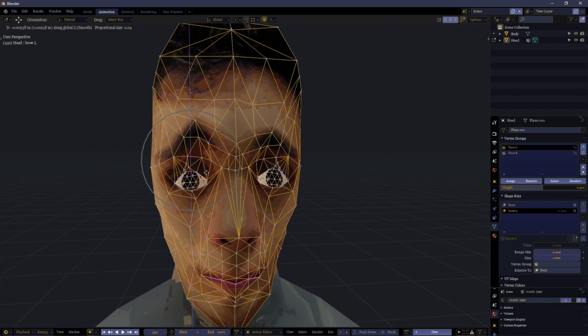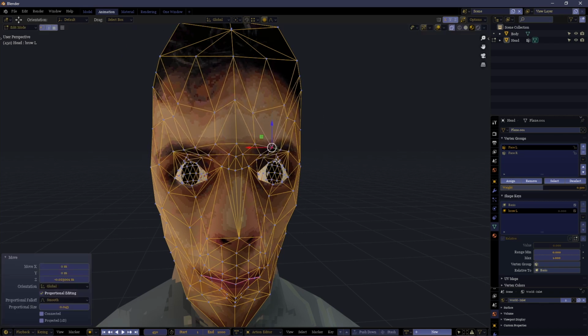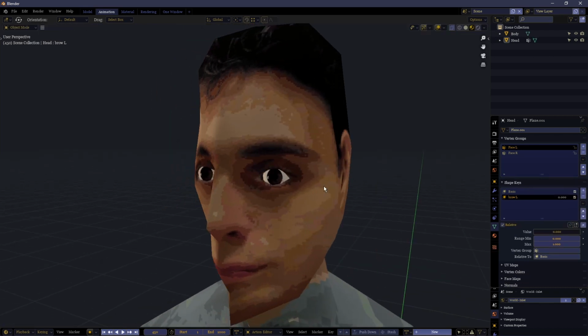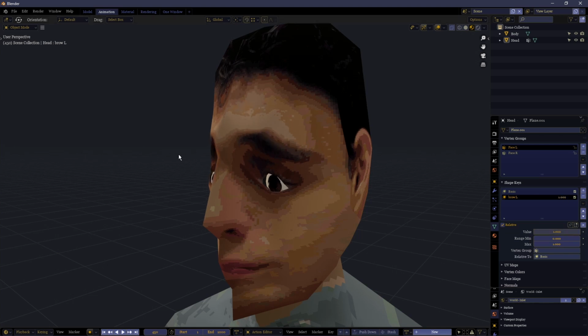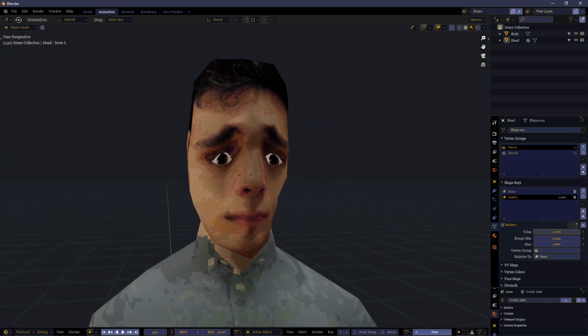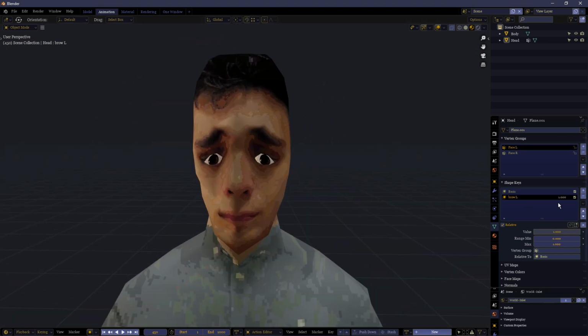I messed up here by neglecting to edit both sides together. We can do this. Sometimes, of course, you can turn on the mirror mode, but this relies on your geometry being properly mirrored of itself, which this is. So now we can just do this. It's more or less accurate. Oh, it looks awful. Alright, it's good enough for this demonstration anyway. Sad little puppy eyes, I guess. So just for the demonstration, this is good enough.